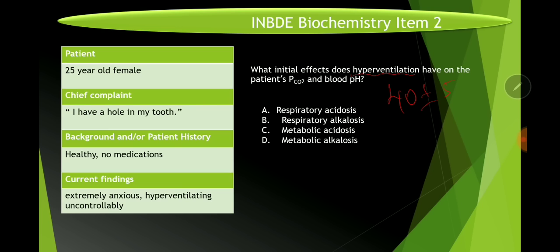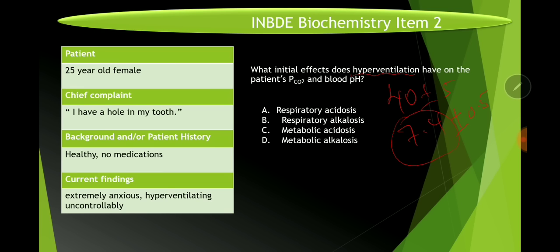And then the blood pH, the physiologic pH at normal homeostasis, is 7.4. That's the normal pH. It's plus or minus 0.05. So anything below 7.35 is going to be acidosis. Anything above 7.45 is going to be alkalosis. So what is the initial effect of